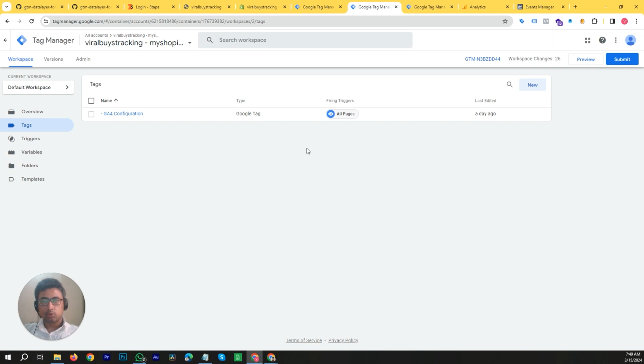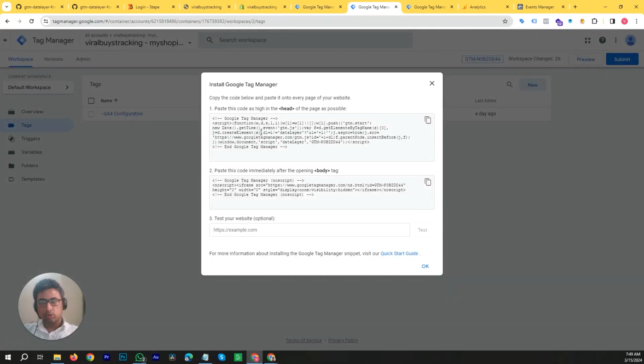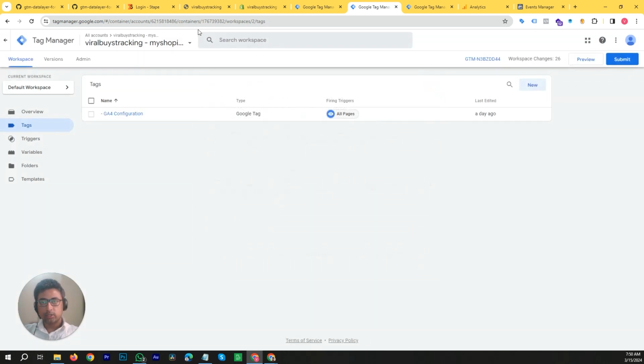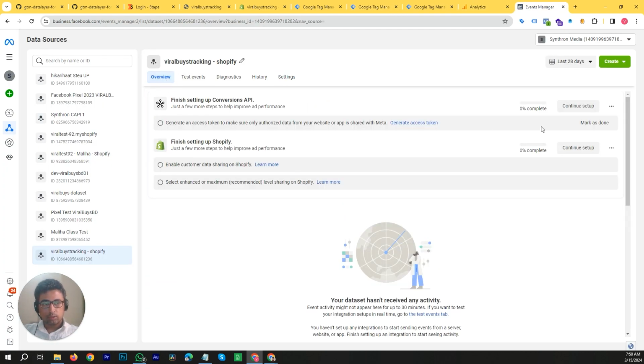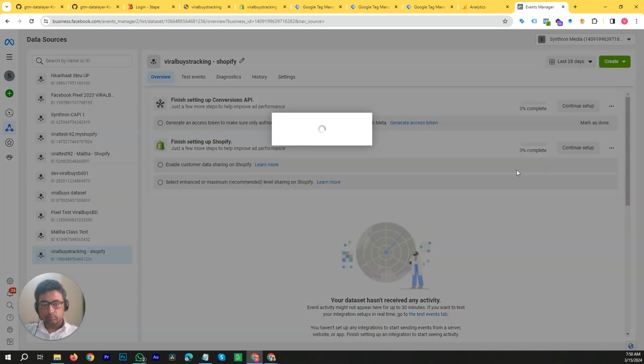We can do it using multiple methods, just like I showed you. You have a JavaScript code snippet to integrate Google Tag Manager web container, GTM web container, with your website. You can copy this code and just paste it in your website's code base. You can do the same with your Facebook pixel. Facebook pixel provides you with a code. And let's see if we go to continue setup and click on